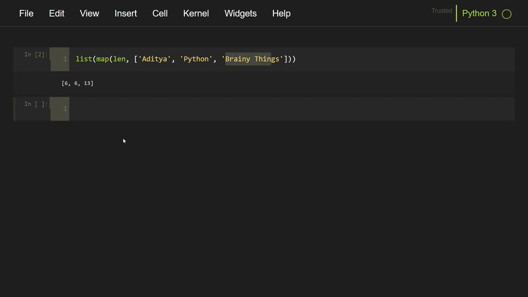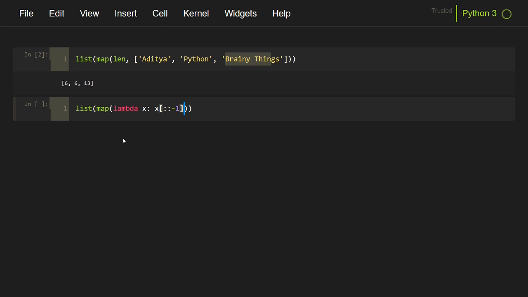You can also pass a lambda function as the first parameter if you want to define a custom mapping function. So I will call list of map of lambda keyword. This lambda function should take only one parameter, and that will be the elements of the iterable. So I will name it as x, and I will return the same string but reversed. I'm using the slice operator. I will give a detailed explanation about the slice function and slice operators later in this series. For now, we will focus on the map function.